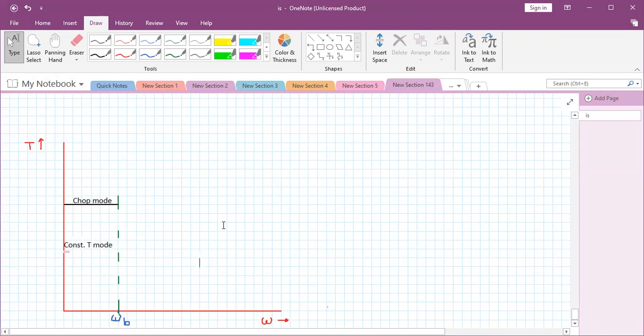Now we go for the advanced angle control where theta naught is increasing, and it is called constant power mode. So here, in a constant power mode,